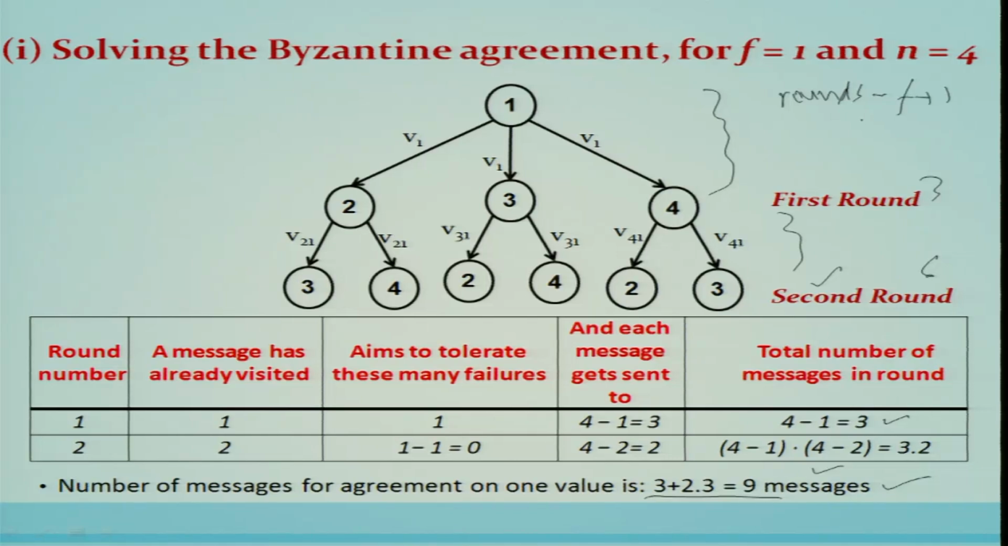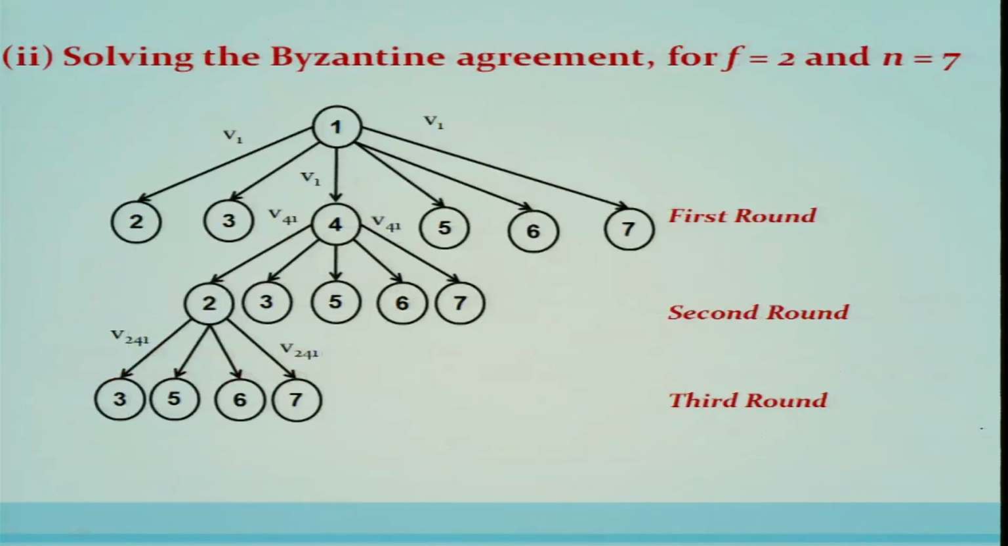f plus 1, that is equal to 2, and the number of messages will be equal to (n minus 1) plus (n minus 1) multiplied by (n minus 2). That is, with n equal to 4, 3 plus 6, that is 9. A total of 9 messages will be there. So if we generalize this, the total number of messages,